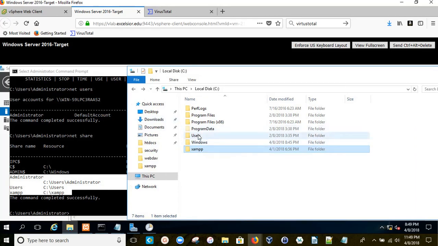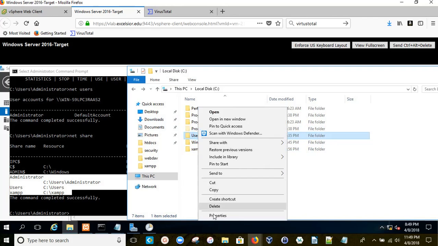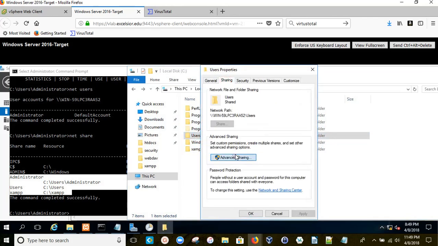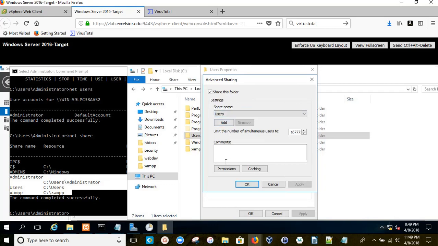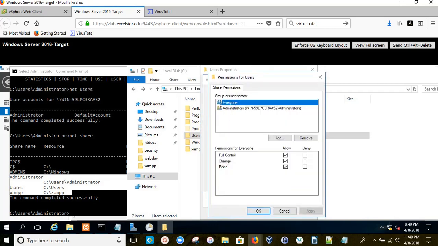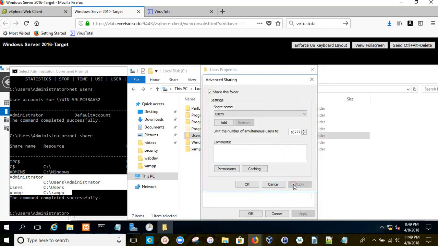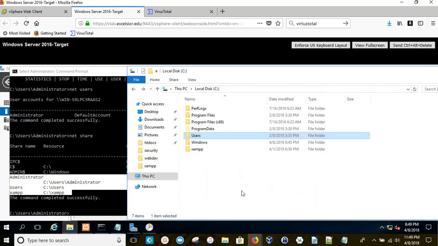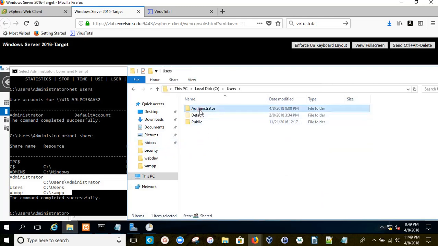So the next one is the users folder. So we come in here, we look into the sharing properties, see who it is shared with, find out everyone. Again, that is not good. And we apply. So now it's only shared with administrator. Administrator needs to provide username and password to be able to authenticate. And then we also have the users administrator folder,